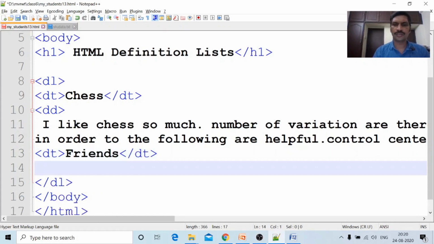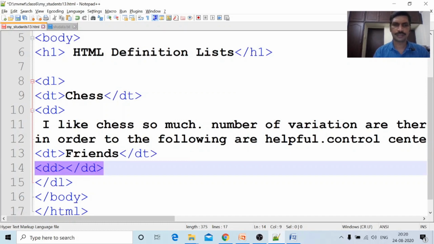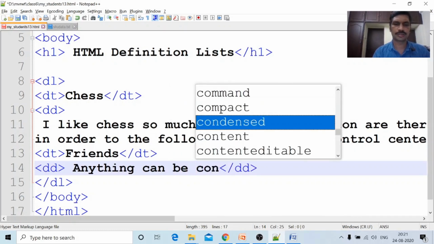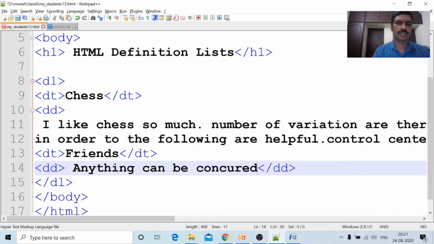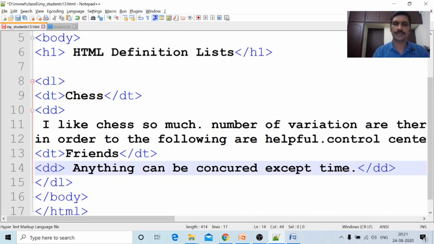I will write something about friends, DD slash DD. Anything can be conquered except time.